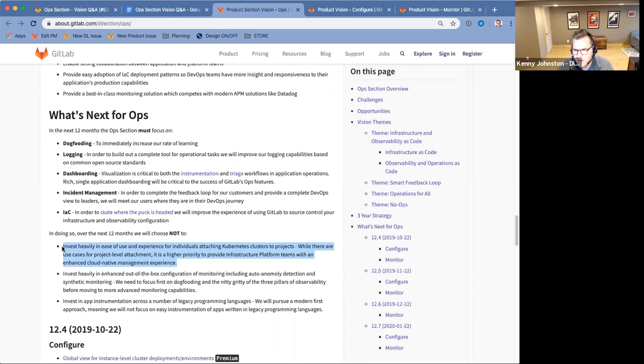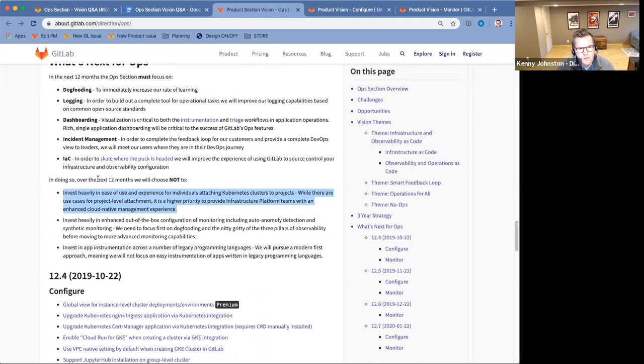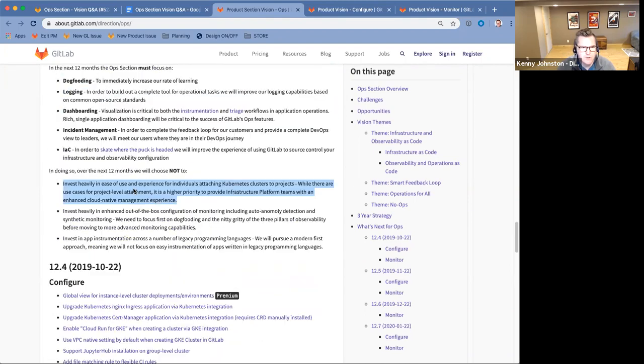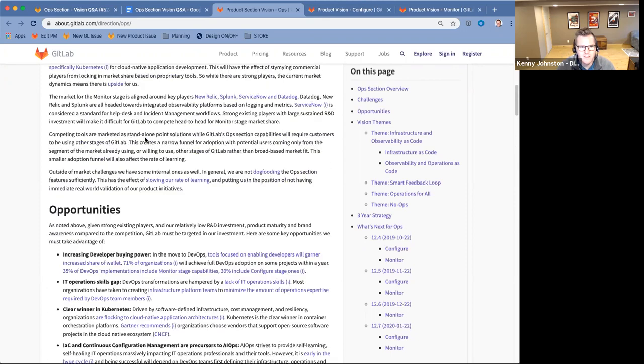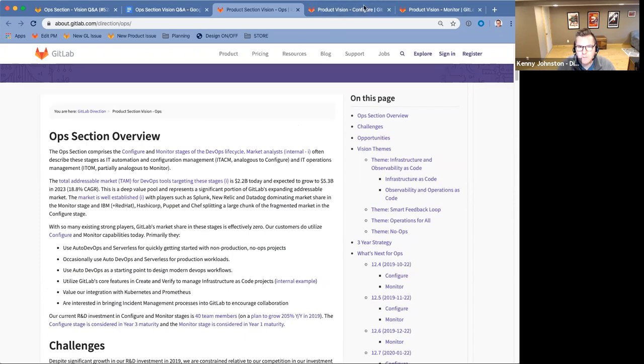And then the app instrumentation across some legacy programming languages. We're focused on skating to where the puck is headed. So there are a set of languages that are the more modern set that are used to deploy cloud native applications that we should focus on, making it easy to instrument first and foremost. The rest is our roadmap for the items, but hopefully that gave you a good verbal overview of this page. And I will stop for questions or comments.